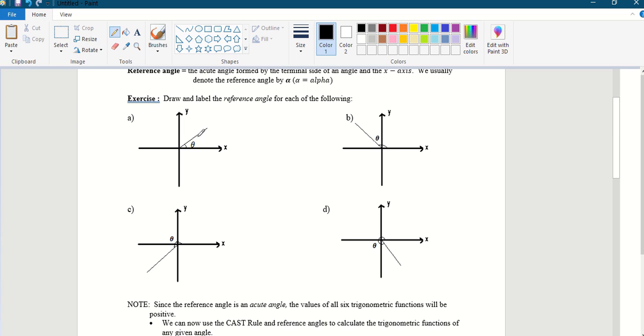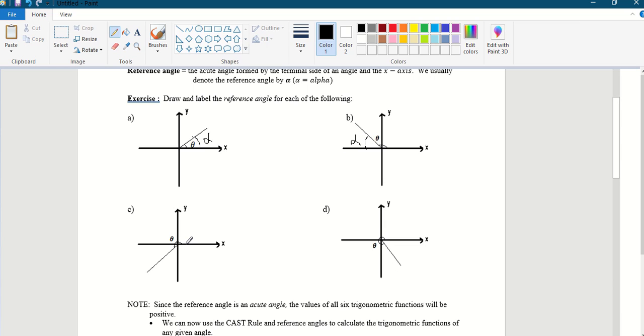If your angle in standard position, which we call theta, is in the first quadrant, then theta and alpha are both the same. So this is also alpha. Now let's say it is in the second quadrant. According to the definition of reference angle, the angle has to be acute, and it is formed by the terminal side with the x-axis. So in this case, alpha will be from here to here. Theta is always in standard position from the positive x-axis in the counterclockwise direction, while alpha is with the x-axis and terminal side such that alpha is between 0 and 90 degrees.